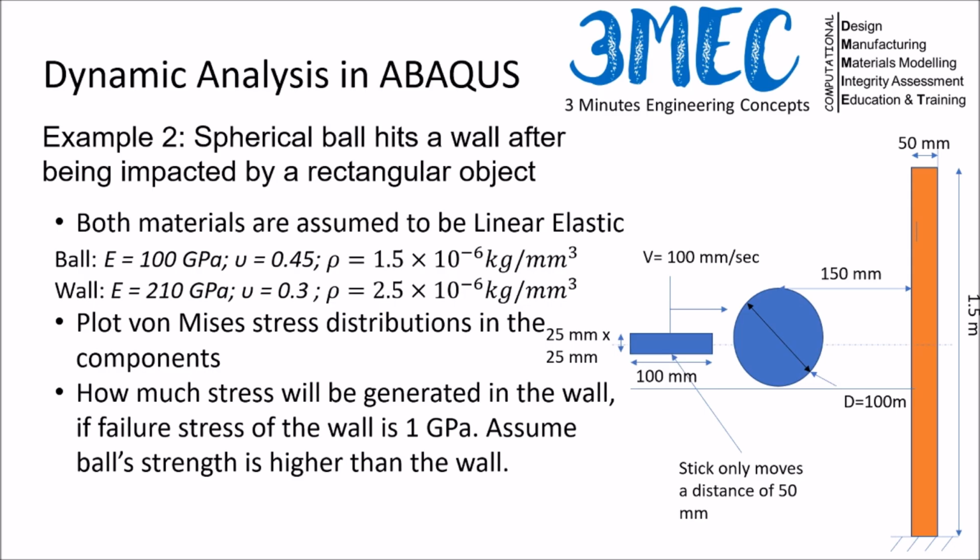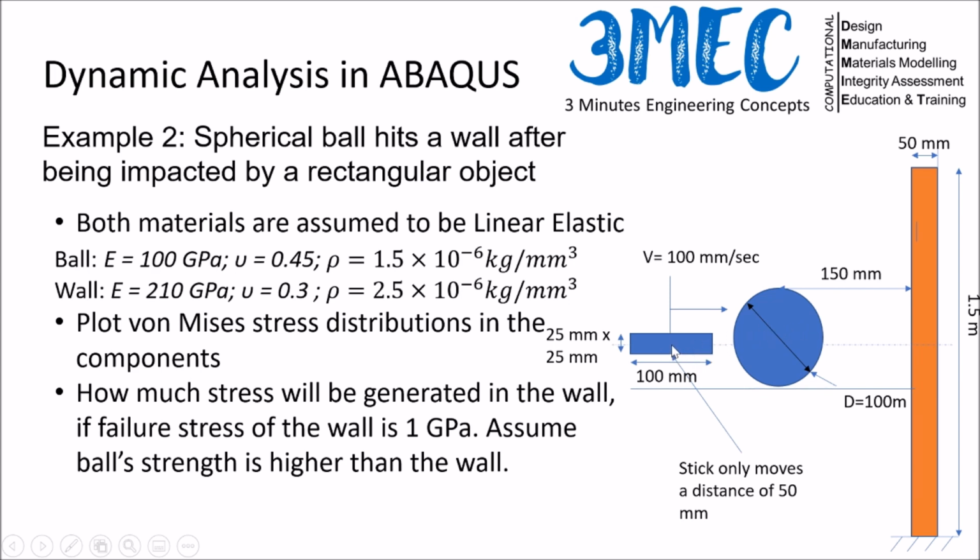This example is about a spherical ball which is hit by a rectangular object in this case, and then it basically hits the wall. We want to see what sort of stresses are generated in this impacting object, the spherical ball, and the wall in the contact areas, and we want to see if the integrity of any of those structures will be compromised or not at the end of the day. The example is very much motivated from snooker,